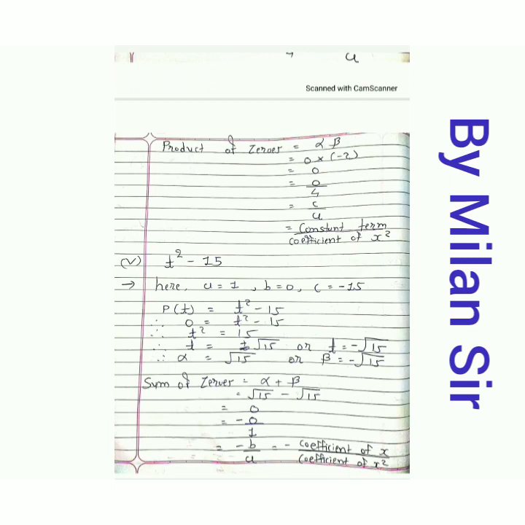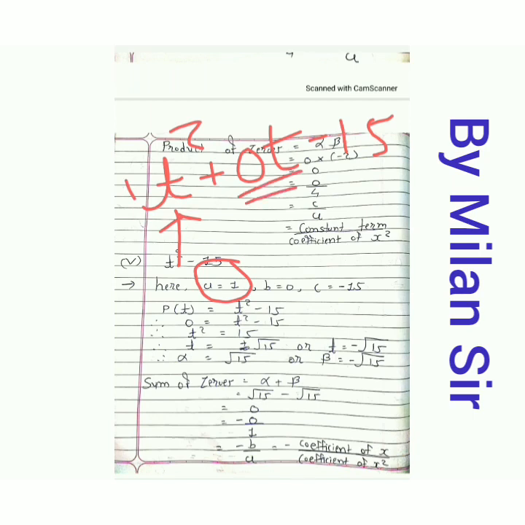Question number 4, t square minus 15. Now it means that t square, the term which contains t is not given, so in its place I write down 0t and minus 15. Okay, the term which contains t is not given, so in its place we can write 0t, right? Now our value of a, that means the coefficient of t square, so a is equal to 1. Nothing is given, then 1 is there, and 0t.